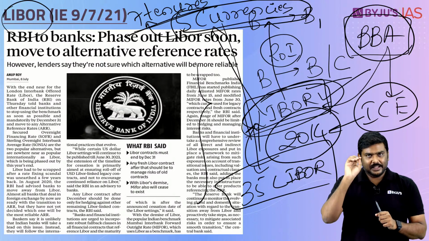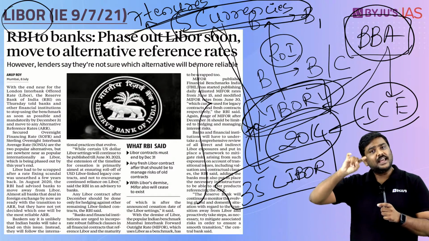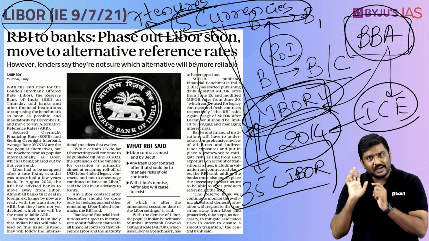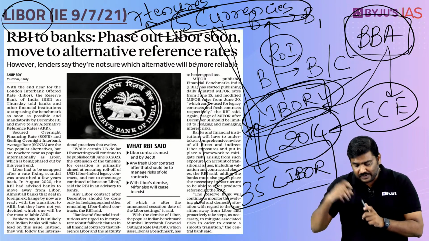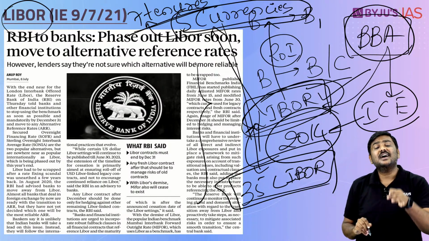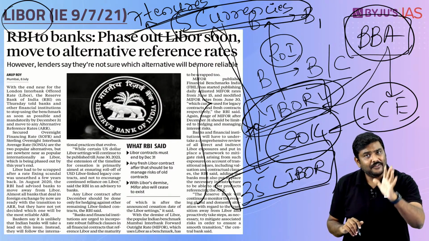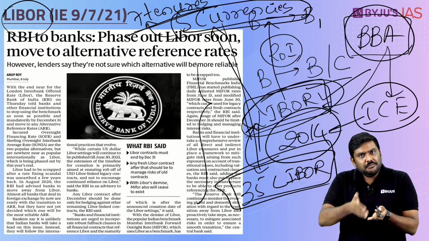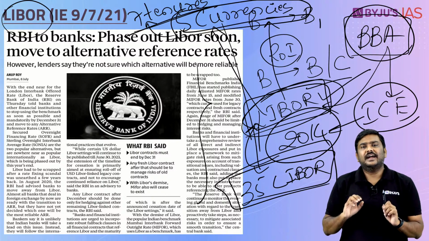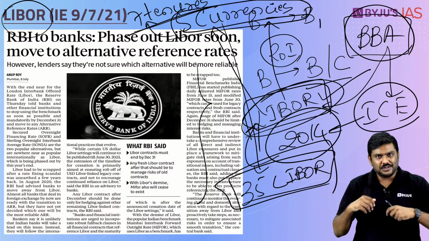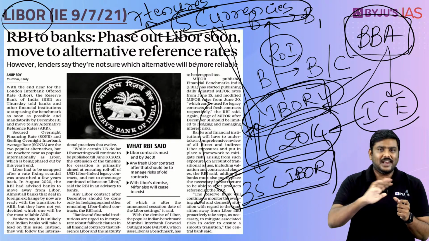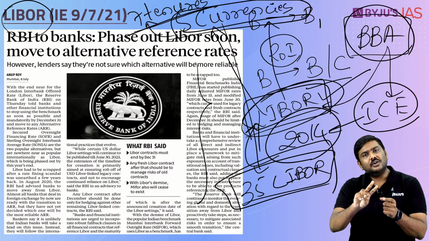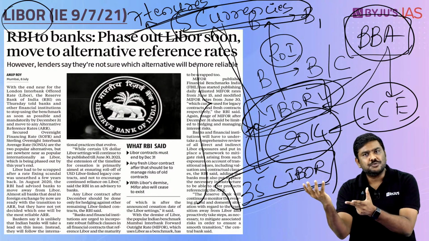I will repeat it. There are 5 currencies and LIBOR is calculated for all the 5 currencies, and there are 7 tenures for which LIBOR rate is provided. So 5 into 7, 35 LIBOR rates are calculated and published every day. Now what has happened is, post 2021, many of these central banks have stated that because LIBOR is open to manipulation like this, we do not want to use LIBOR, we want to discontinue LIBOR, and instead of LIBOR we want to introduce some other parameter as a benchmark.